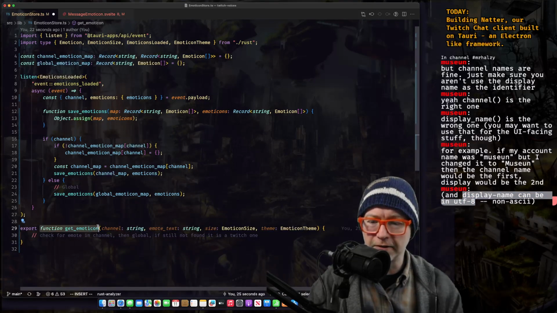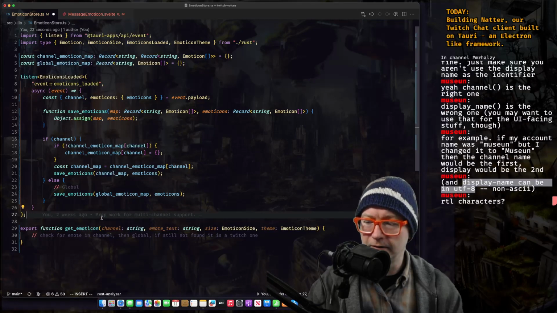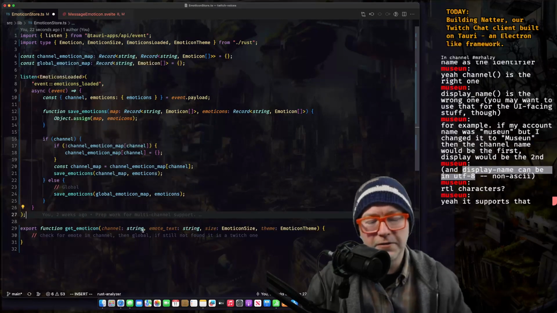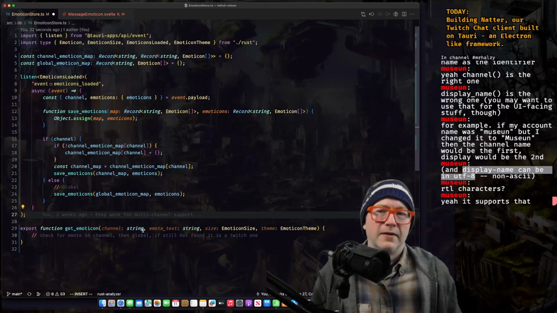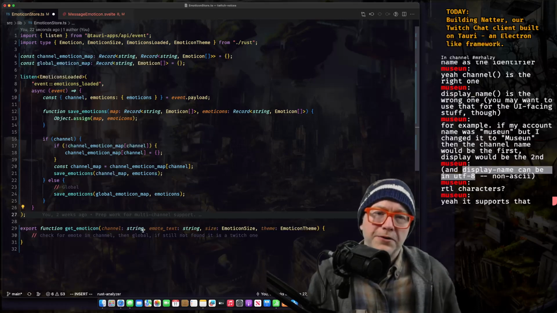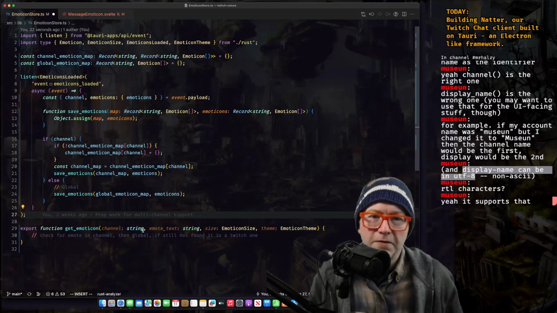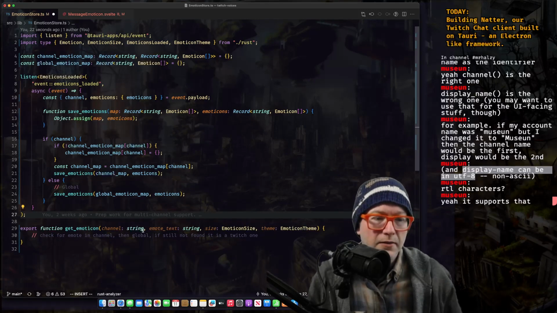Remember all those RTL characters? There were some characters that were causing code reviews to look different than what they actually were, right? And I think GitHub had to add some support for detecting those characters and not rendering them out.